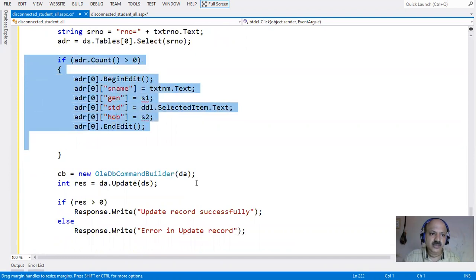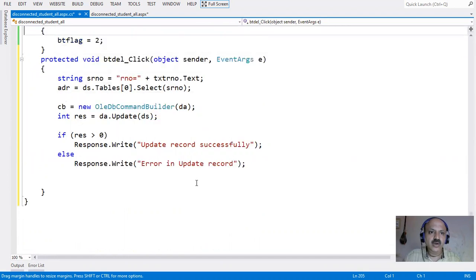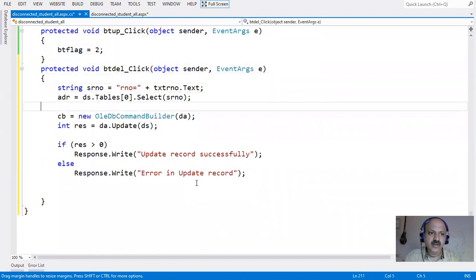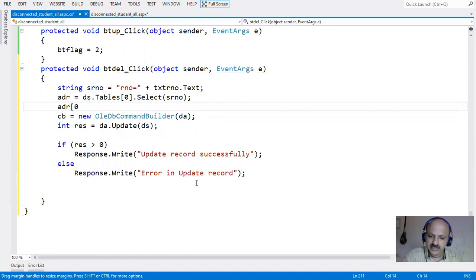Yes, that is not required. In between there is one method, I just copy all of it. Yes, the delete button. One is ADR of 0. Yes, and there is a delete method, but it is just one line of coding. Copy all of it. Yes, that is the two-line update, and here we can change our message to delete record